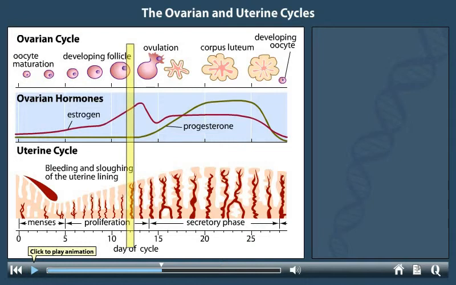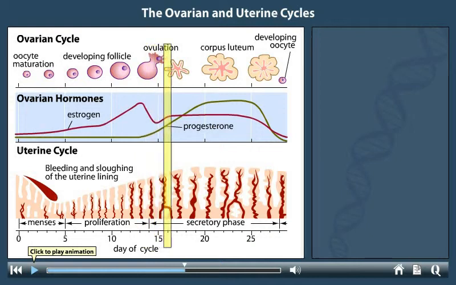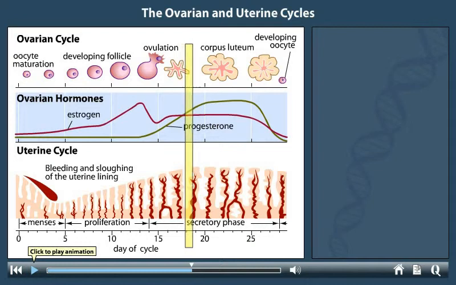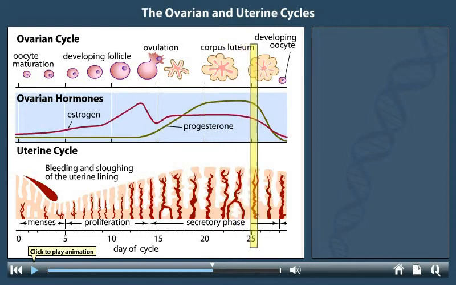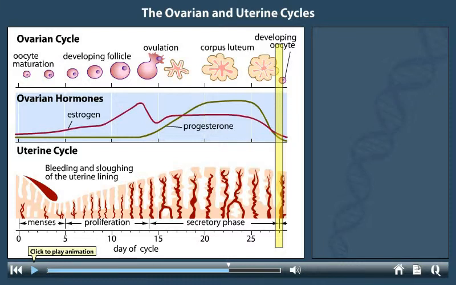Just before ovulation, the level of estrogen in the body has reached its peak. Afterward, the follicle cells remaining in the ovary develop into the corpus luteum, a structure that releases estrogen and progesterone. The hormones maintain the uterine lining at a peak thickness and preparedness for embryo implantation. At the end of the cycle, if the egg is not fertilized or has not implanted, the corpus luteum breaks down and stops releasing estrogen and progesterone. Without these hormones, the uterine lining also breaks down, initiating menses.